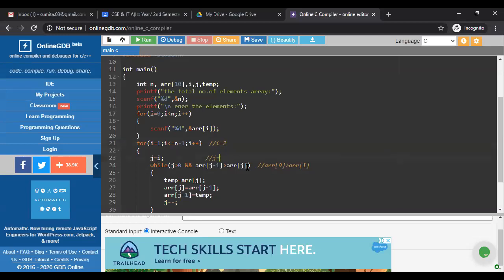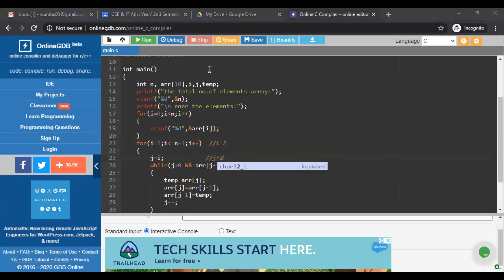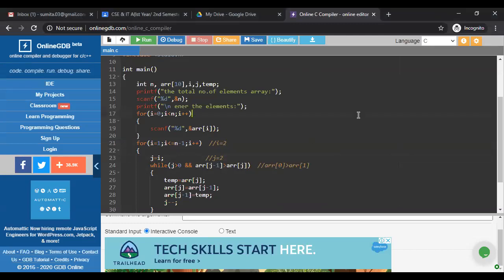So again the j value is 2, because whatever the i value is, the j value is according to that, because I am writing j is equal to i. So now the i value is 2, so the j value is also 2.